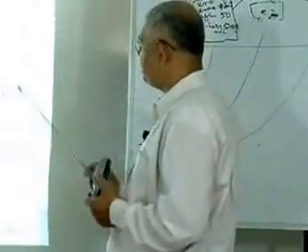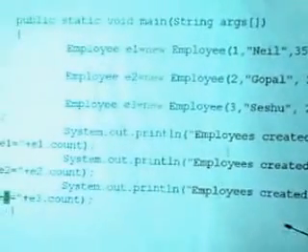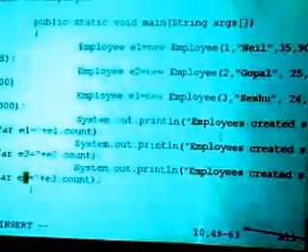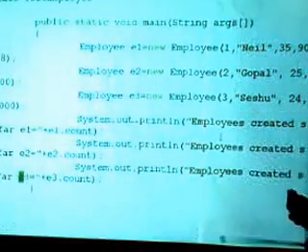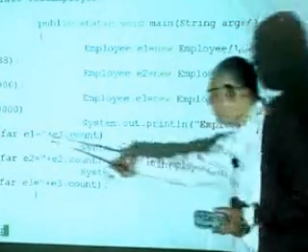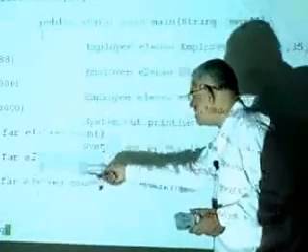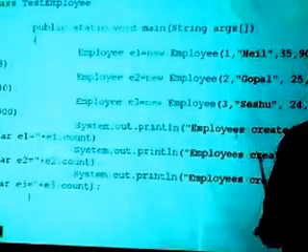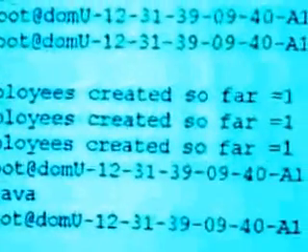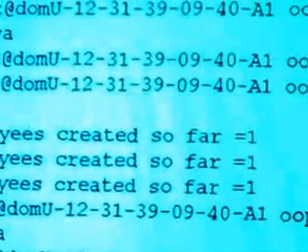So let's keep this program as it is. Objects created so far, okay, fine. We will keep it that way. We have just changed the line for E1, E2. We are just saying, because this count is coming from E1, E2, E3, now in each case it is coming as 1. Now we are going to go to our class and make count into a different kind of an animal. So we are going back to the Employee class. We are making a change over there.